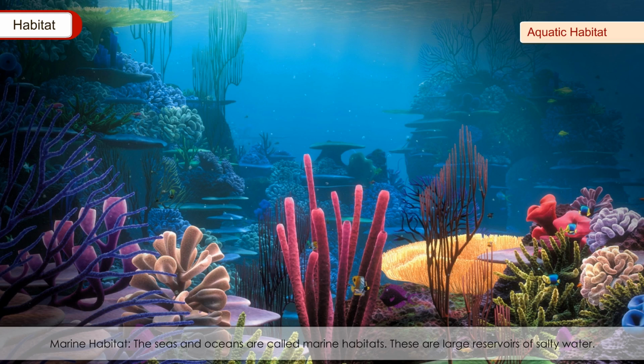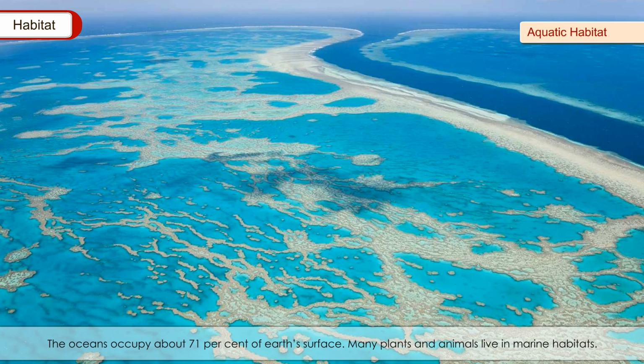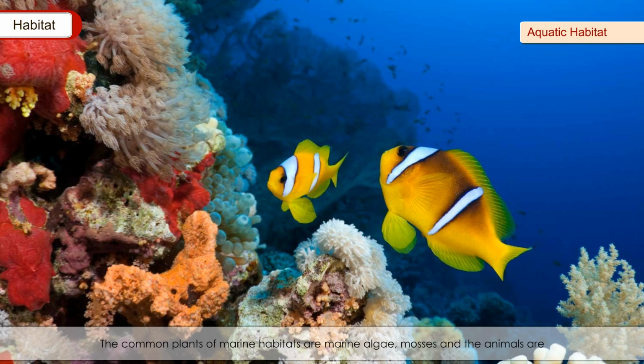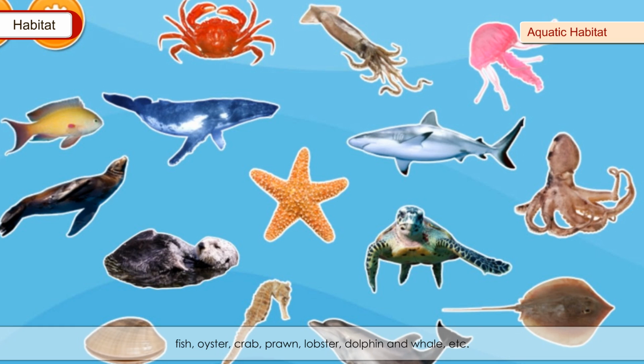Marine habitat. The seas and oceans are called marine habitats. These are large reservoirs of salty water. The oceans occupy about 71% of the Earth's surface. Many plants and animals live in marine habitats. The common plants of marine habitats are marine algae and mosses, and the animals are fish, oyster, crab, prawn, lobster, dolphin,